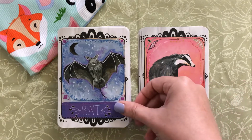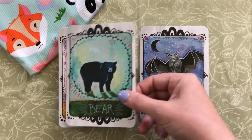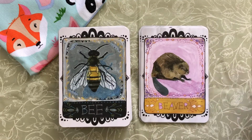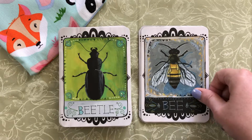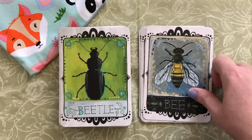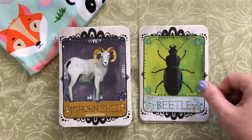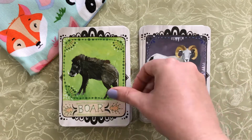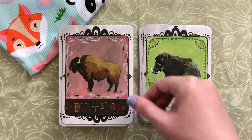Bats, bear, beaver, bee, beetle. So it's got a nice mix of different types of animals: birds, mammals, insects, reptiles, fish. So it's really good. Bighorn sheep, boar,